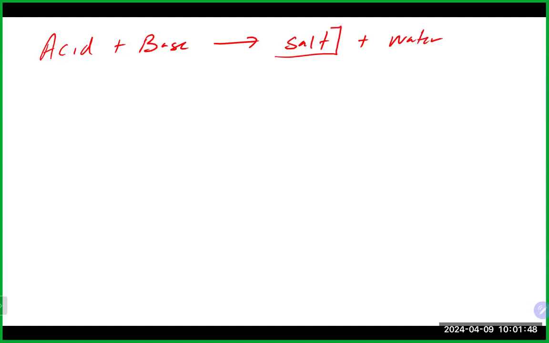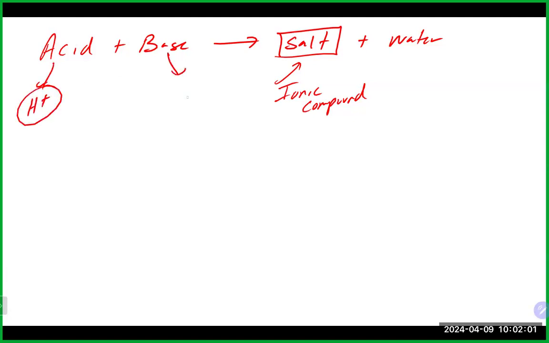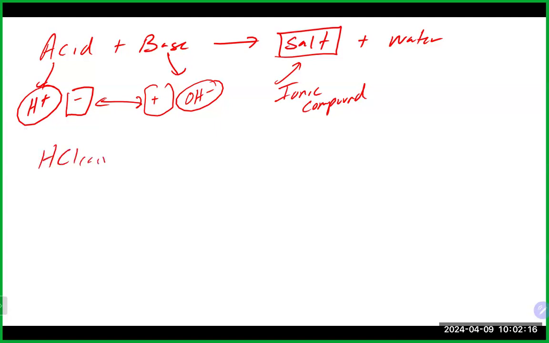And a salt really is an ionic compound. It's derived from what is left over after the acid gives away its H plus, and a lot of times the base gives away its OH minus. It's the other ions coming together here that will make the salts, the positive guy and the negative guy coming together. So for example, if we had HCl, bless you, plus some sodium hydroxide,